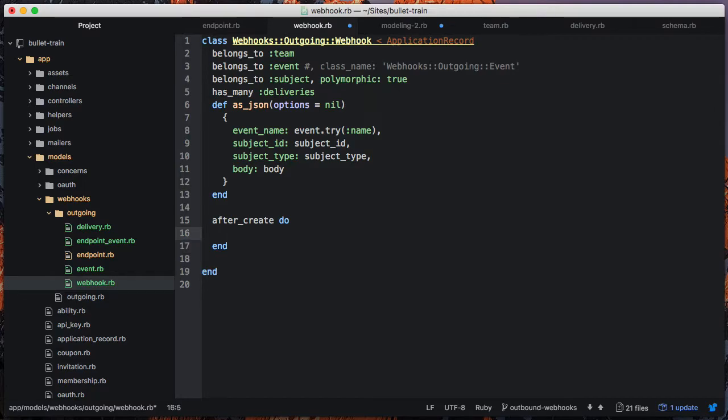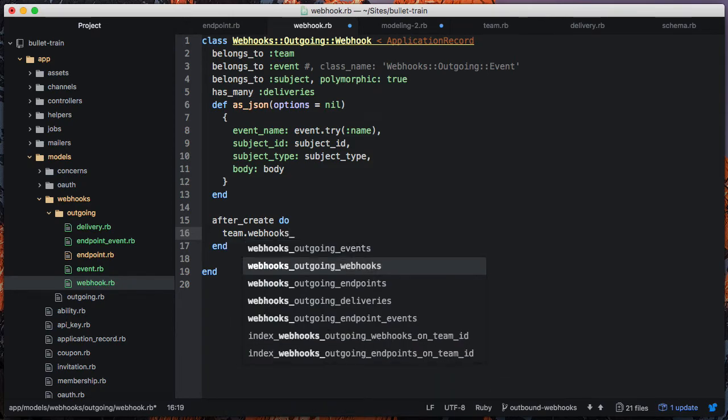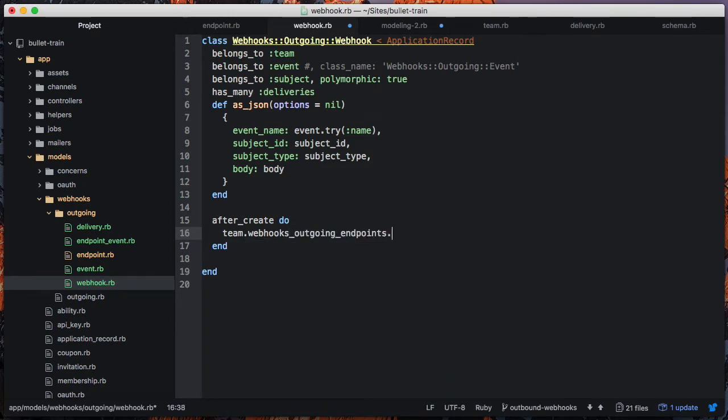We already did this as an example before. So what we want to do is when a webhook is created, we go to that team and we say, hey, of all of your webhooks outgoing endpoints, do you have any endpoints where